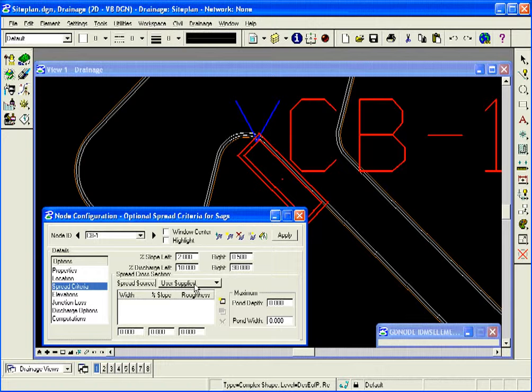Next is the spread source. Here we can reference a surface, select a library item, so it would use a standard spread source, shapes, if we had some shapes calculated for super elevation, or user supplied, where I simply just come in, key in the width of the spread section, 63 feet, the percent of slope, 2%, that's the cross slope of the parking lot, as I'm standing at the structure looking back away from it,